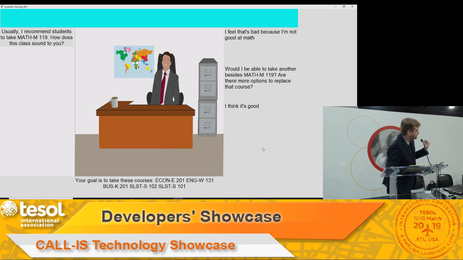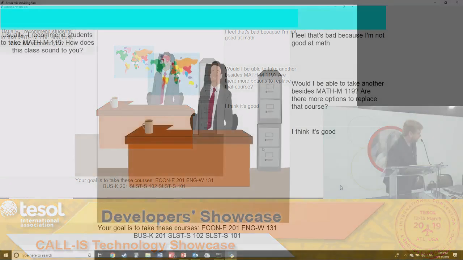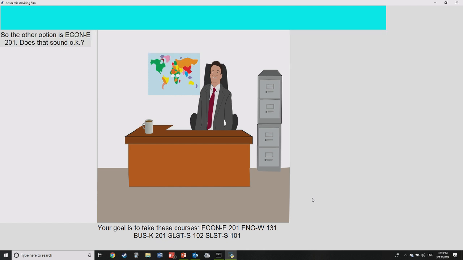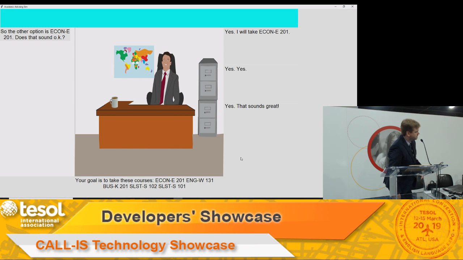So I'm going to go ahead and choose a rude response so you can see the feedback. So it's very quick. I think that was rude. It was presented in the form of a thought bubble, and the reason for this is because academic advisors do not give responses to non-native speakers. So I didn't want to artificially enhance the responses. I didn't want them to be scolded. I wanted to give them something that might help them map the pragmatic appropriateness or the politeness to the utterance in a way that is somewhat realistic.